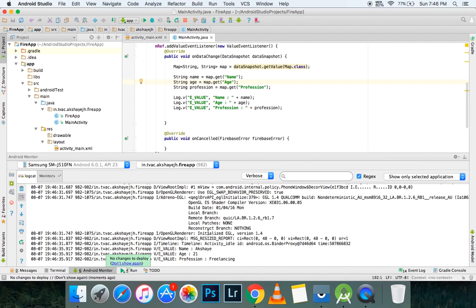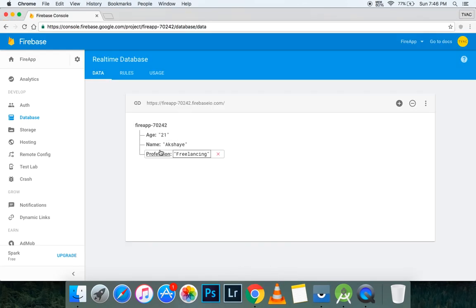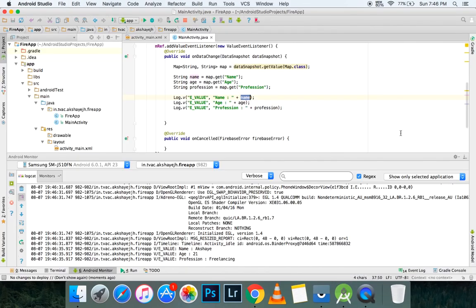Now you can see inside the log statement that it has logged name as Akshay, age as 21, profession as freelancing. Now this name is this one, and this name is the value of this object over here. So now you know how you can retrieve data from your database